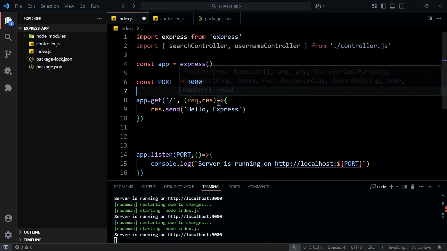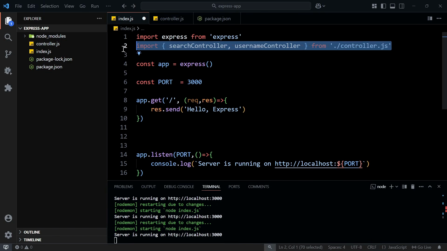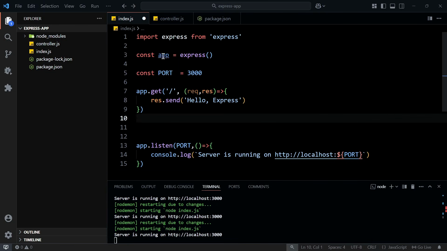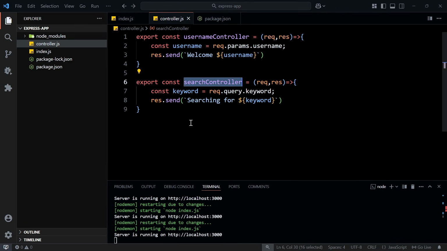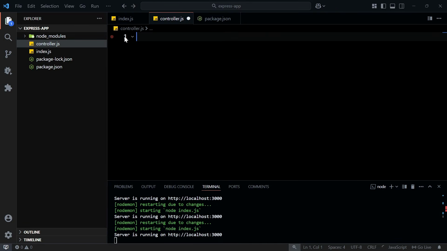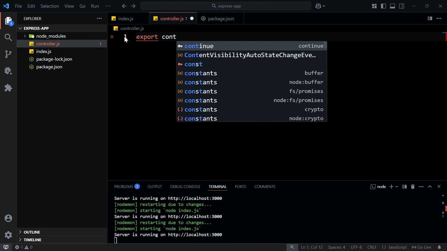Let me remove this comment also, and we will remove this import statement also. We will save the changes and we will come back to the controller.js file, and here we will remove these controller functions also. After that we will create two controller functions, that will be export const